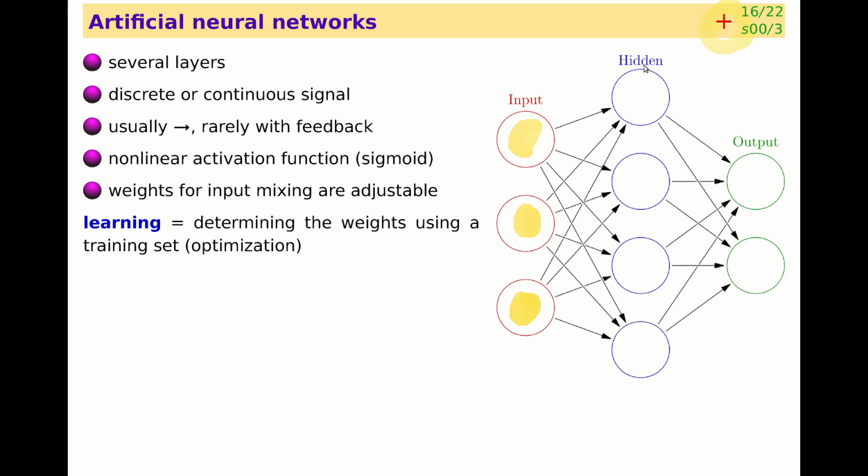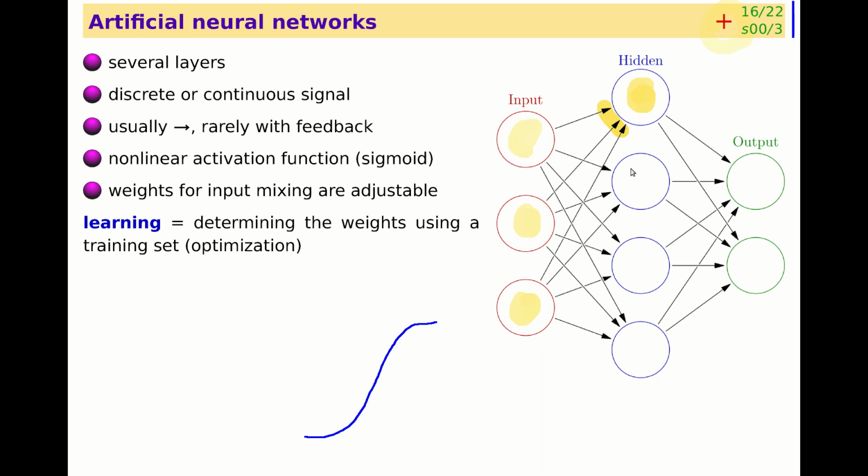They go to several so-called hidden layers, and they are combined here. They may be combined by many procedures inside. If these are real numbers, you can imagine, for example, a sum of inputs, and it goes through a certain function, for example, such as sigmoid function, which then gives the output. And the output goes to another layer, and then to the final output. This is a very general scheme,